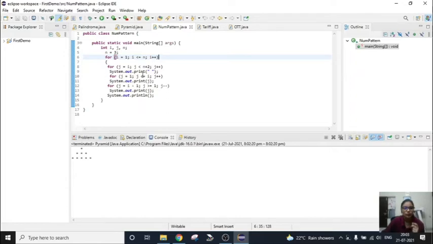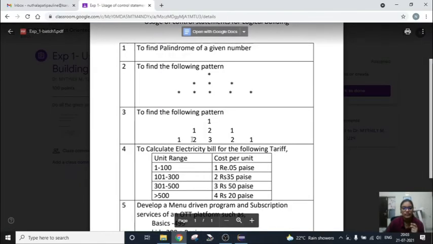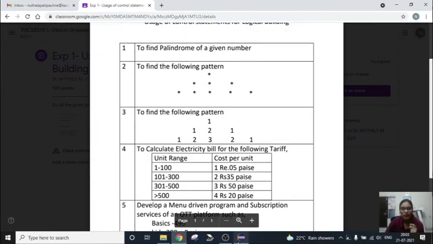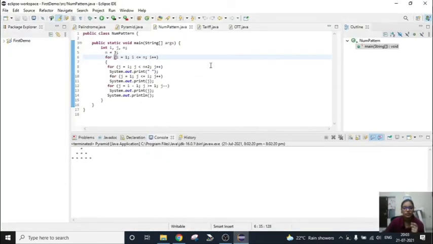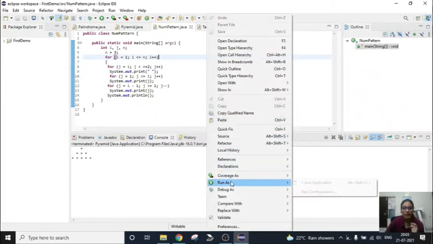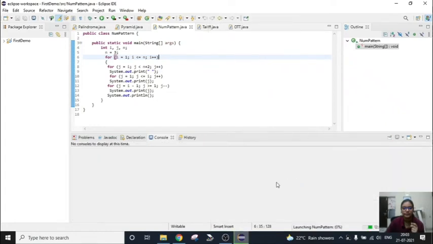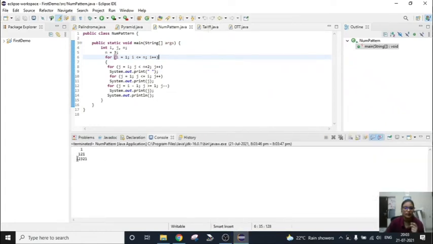Since the pattern which we have seen is going to be like a palindrome, the first one will execute the continuous number, and then the second for loop will decrease, which gives us the palindrome number. So let me execute this and I'll show you. So this is how it will look.